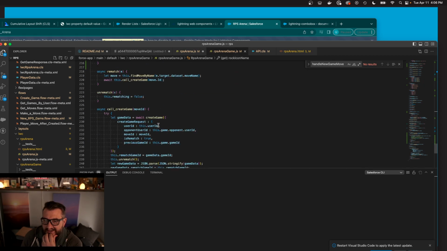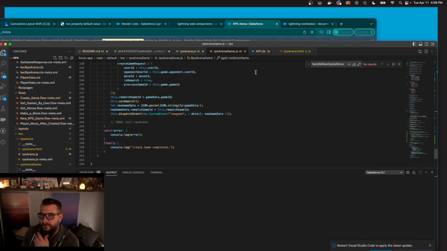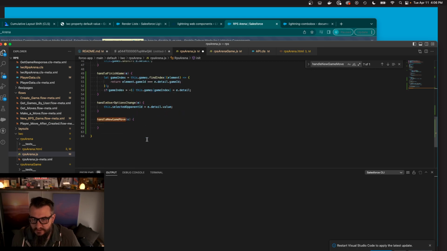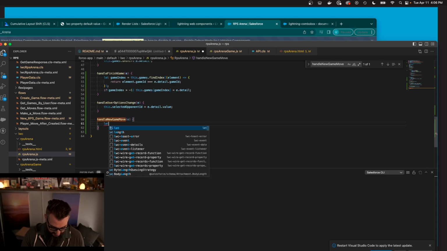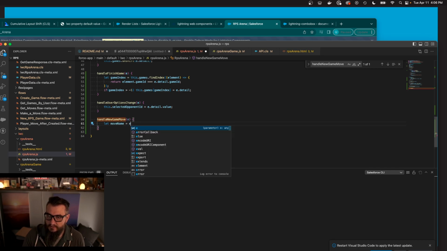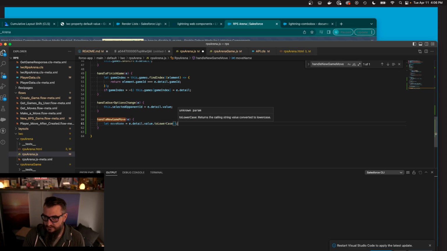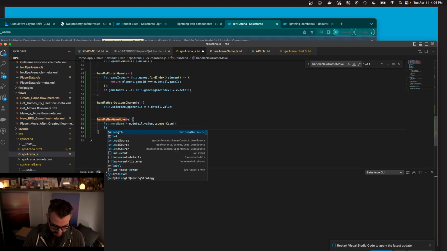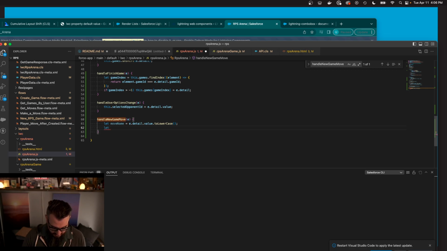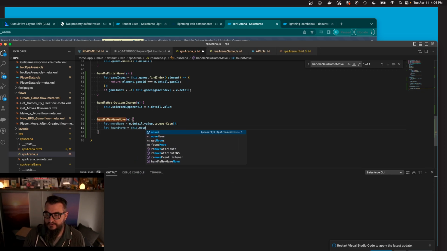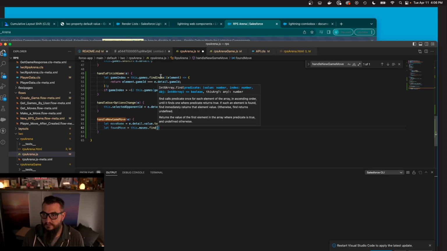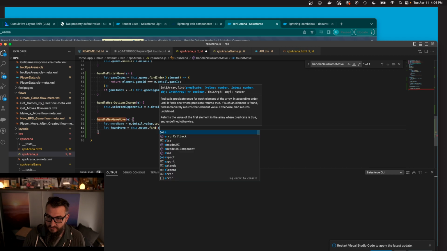It's not a big deal to do a find, but I thought I wrote it already. That's okay. So down here we want to say, let moveName equal e.detail.value.toLowerCase. We'll just compare the two, and then let foundMove equal this.moves.find, and then we have an element,